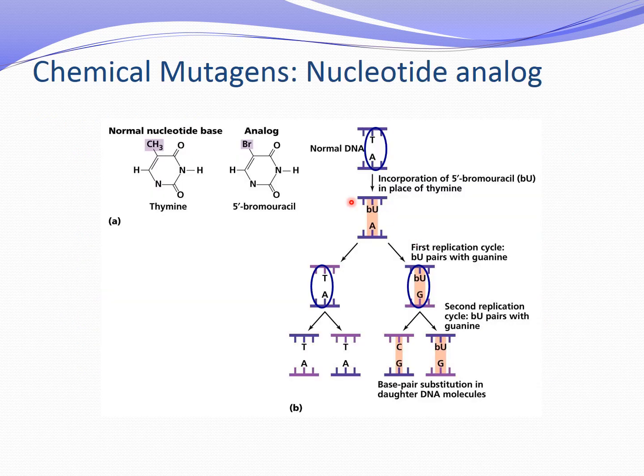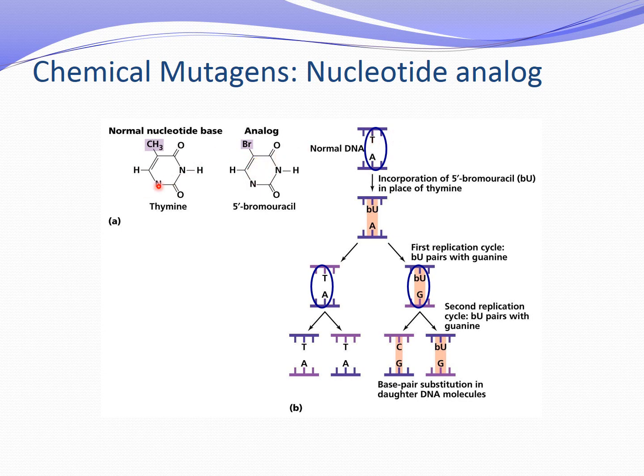the description here. This is an example of a nucleotide analog. Okay, so look at this. This is the structure of thymine, the T base of DNA, and this is bromouracil. You see how similar the structure is, except for the bromine atom here in place of the methyl group. Okay, so when this chemical is around during DNA replication,